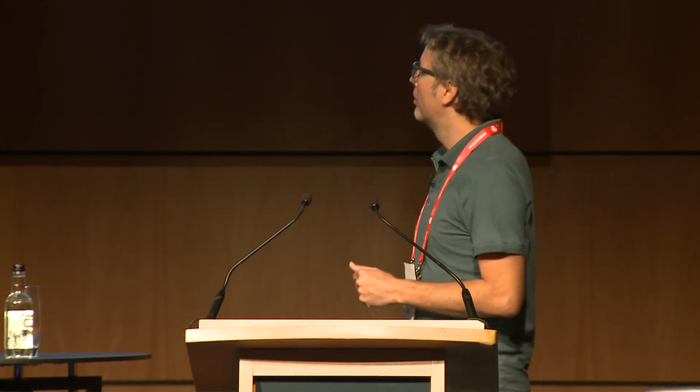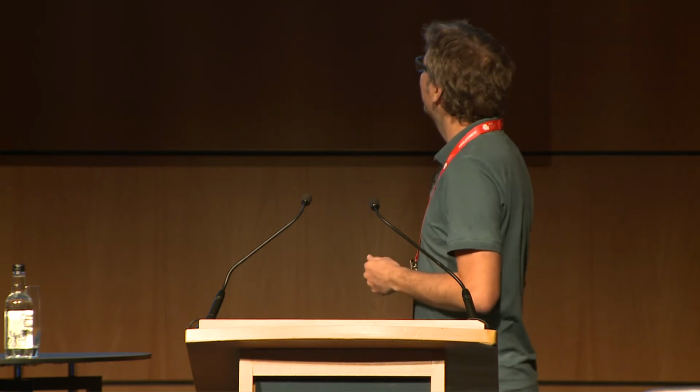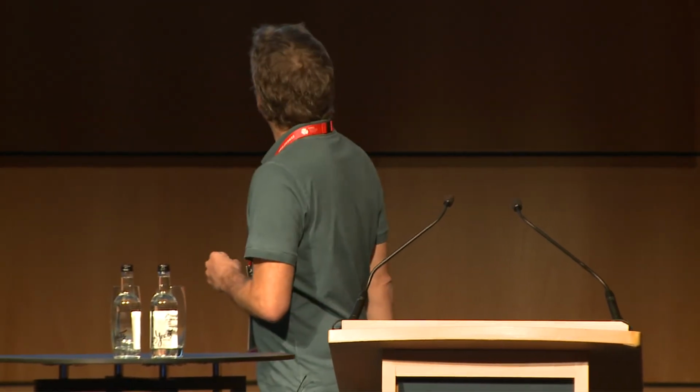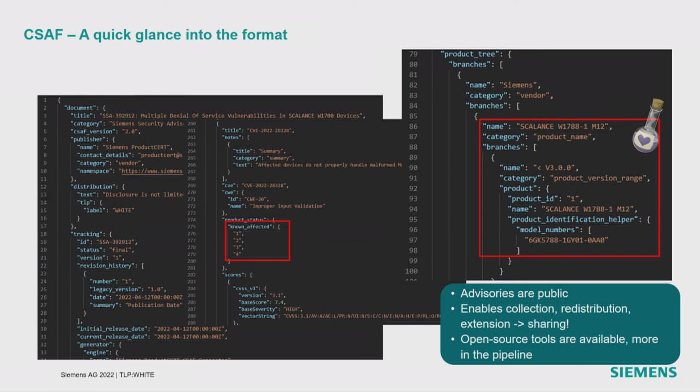At the moment, we just have our single documents, and we really want to enable people, the whole security community, to do sharing and essentially do the typical threat intelligence way of communicating and providing information. So at the moment, there are a few open source tools available. The standard is quite new in its current version of 2.0, and it's mainly concentrating on the publication of advisories. So it helps us, the vendors, to create those advisories in the CSAF format. More tools are in the pipeline, also supporting consumers, so companies who operate equipment and want to know, am I affected or not by a certain vulnerability? But it's still in flux, so we are starting to work on that, but it will still take a